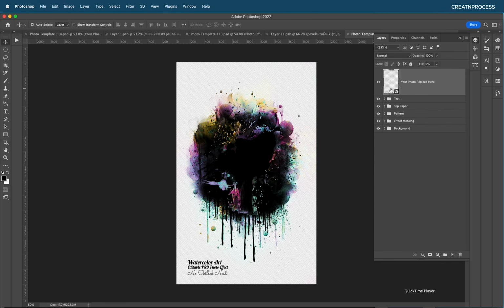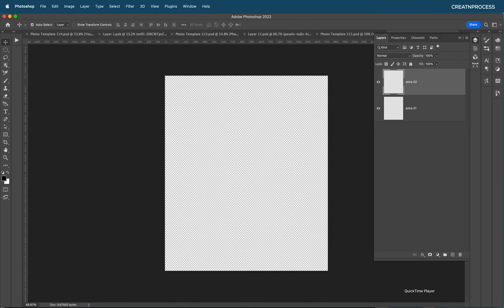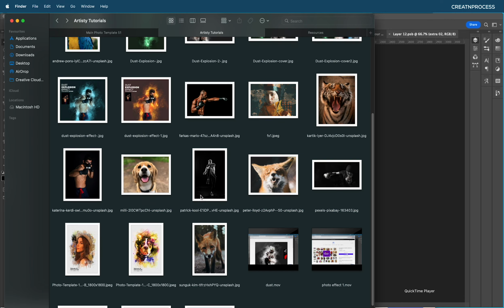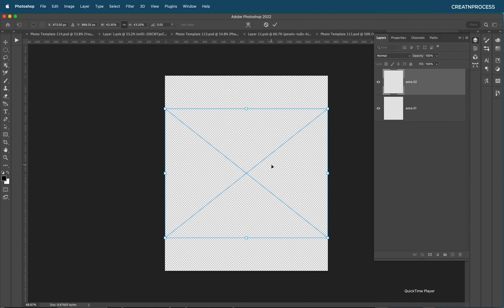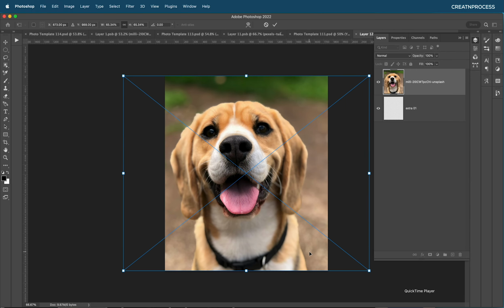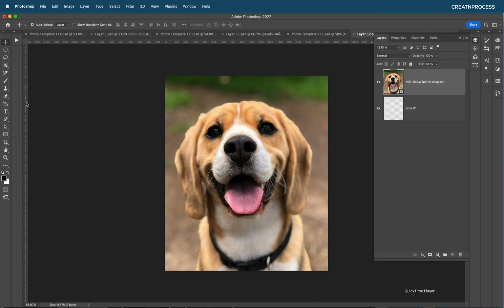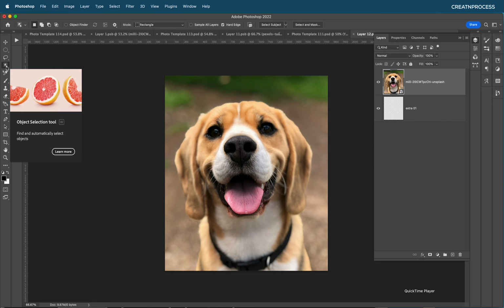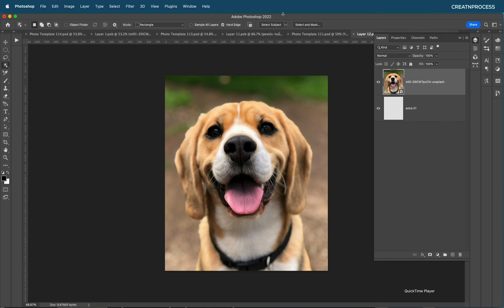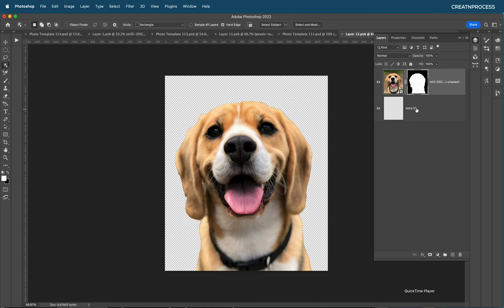Now I'll go into this and add my dog image. Here it is. I'll drag and drop, fill up the area, press enter, and remove the background. Selecting this selection layer, that's the object selection tool, select the subject and remove the background. So very simple. Now I'll save it with Command or Control S, and once you have saved the file, we'll go